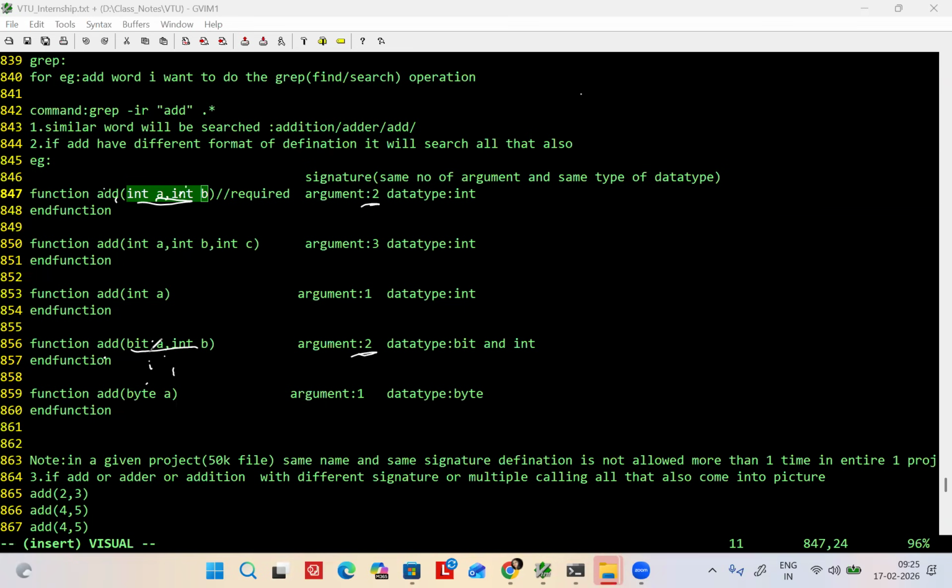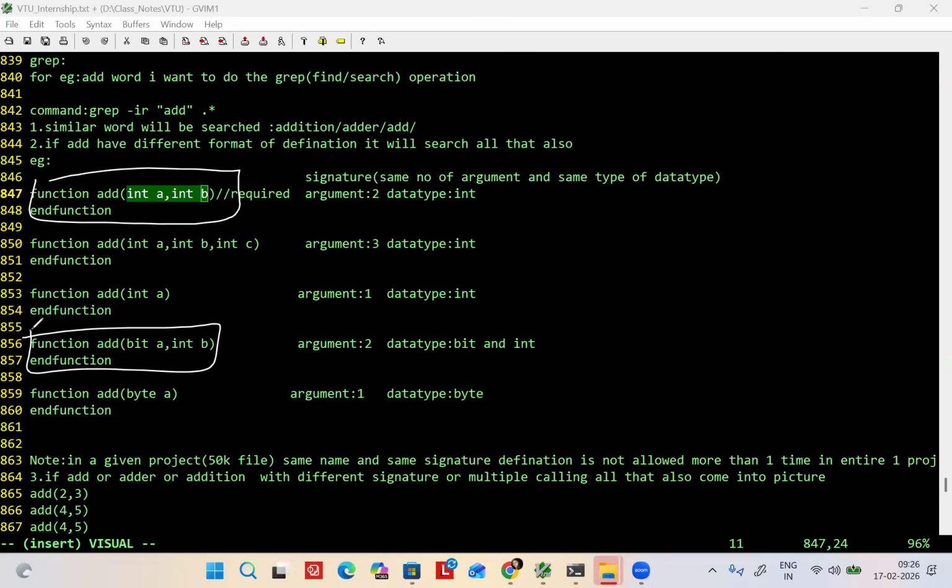Argument means one argument and two arguments. Now, take this and this. What is the difference between these two? Data type is different. Correct? Arguments are the same, but data type is different.